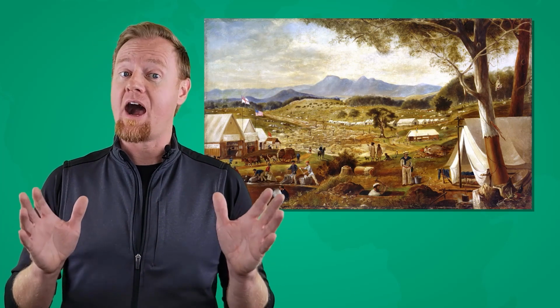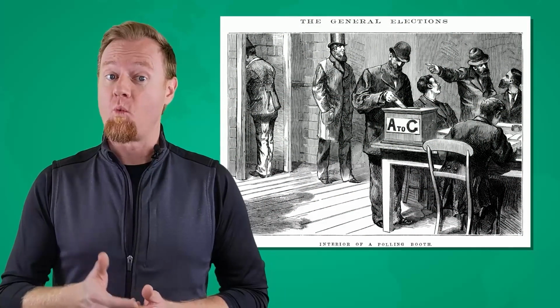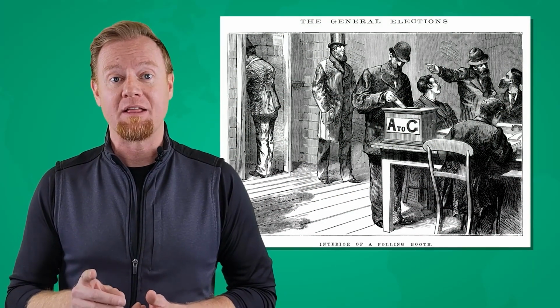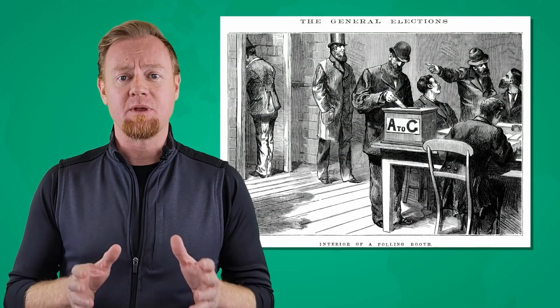Over time, the convict population was replaced by middle and working class colonists, who began to clamor for democratic reforms. This coincided with the discovery of gold, leading to immigration by wealth seekers. By the late 19th century, Australia enjoyed a booming economy and a high standard of living due to its natural resources. Gradual reforms like universal suffrage for white male colonists and a secret ballot were introduced, but Australia remained under